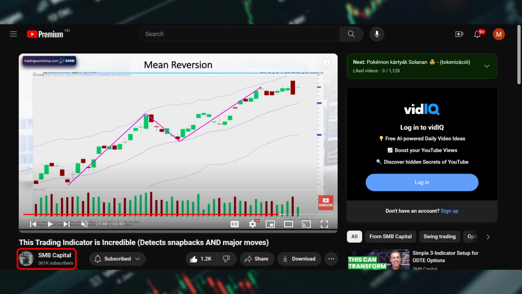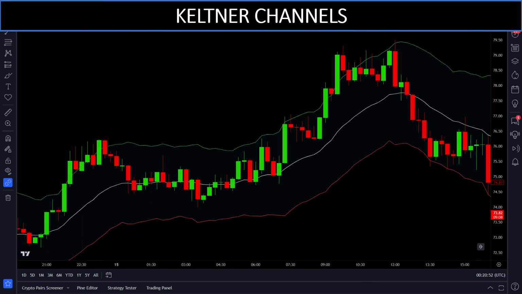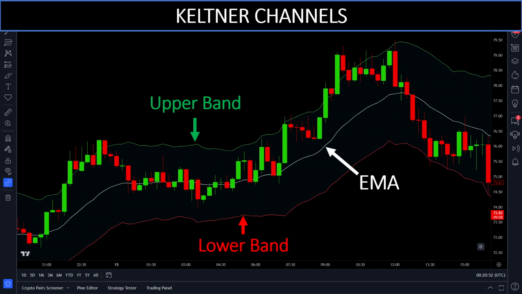The indicator mentioned is the Keltner channel. The Keltner channel is based on an exponential moving average, which is the middle line, and an upper and a lower band, which are lines at a set ATR distance from the middle EMA line. This indicator can reveal if an asset is overbought, oversold, the overall trend, as well as suitable levels for take